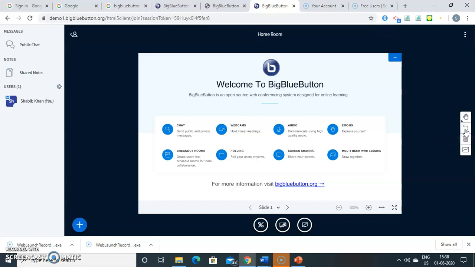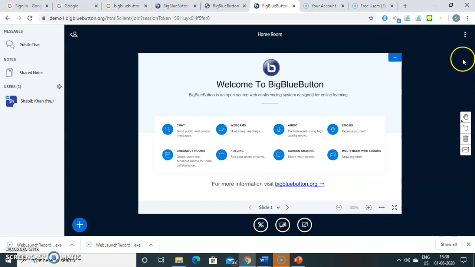For example, you can click on here and you have different annotations which can be used. This is to clear all annotations, and here you can turn on multi-user whiteboard. Annotations generally are like pointers, erasers, which you can use for your presentation. If you have some query, you can click on this tool for raise hand and all.